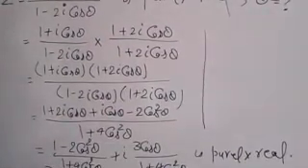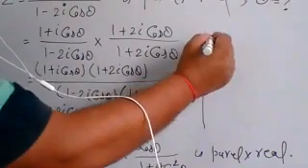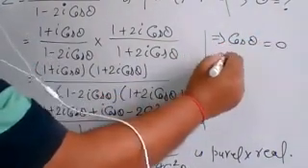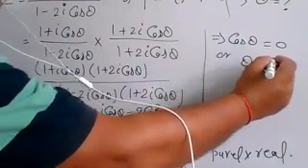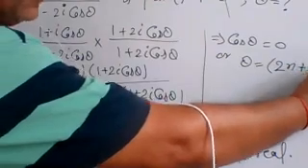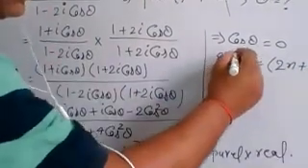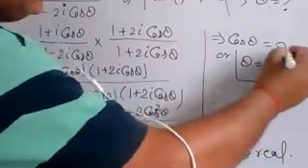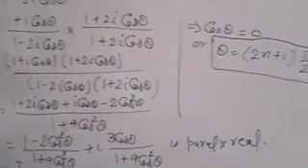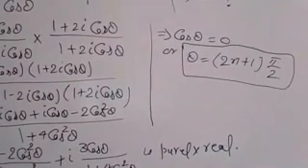So here you have cos theta is equal to 0. So this implies cos theta is equal to 0, or theta is equal to, here you have to write the general solution, (2n plus 1) pi by 2. That is your solution. You have to write it in general form. Means cos theta is equal to 0, so theta is equal to (2n plus 1) pi by 2.